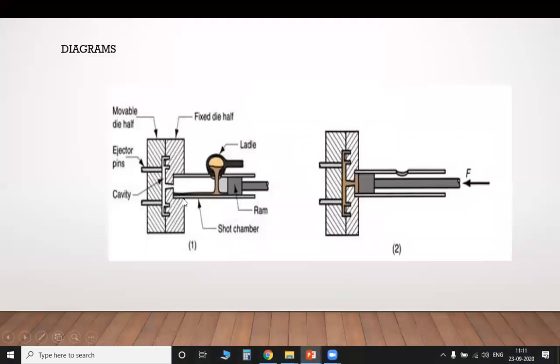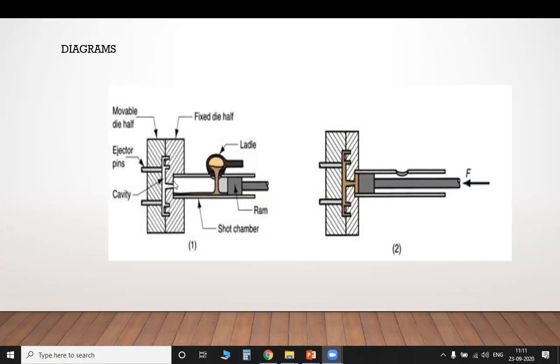You pour the molten metal through the ladle into the hollow shape, which is the injector nozzle. From there the molten metal is carried towards the gate and towards the die, which is the prepared mold. The molten metal is given continuous high pressure so that it enters fully into the gates as well as the die. So it solidifies easily.